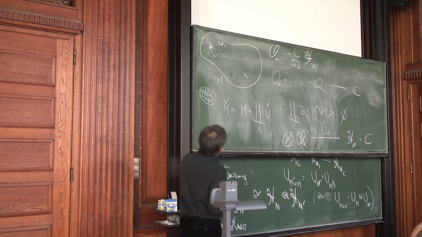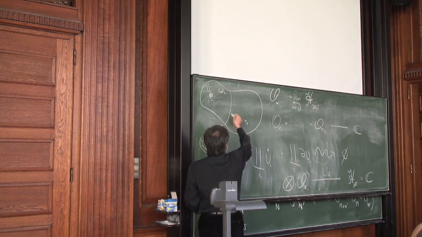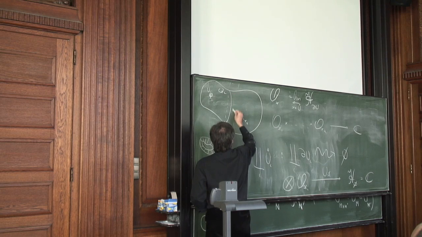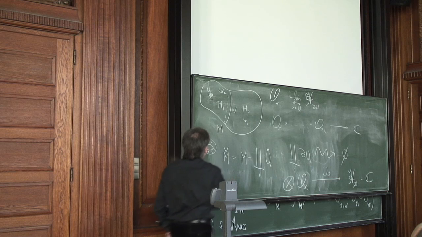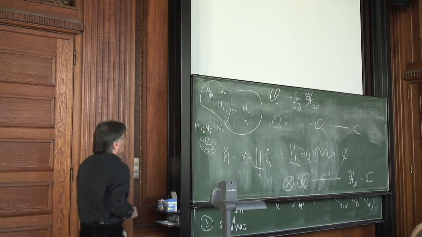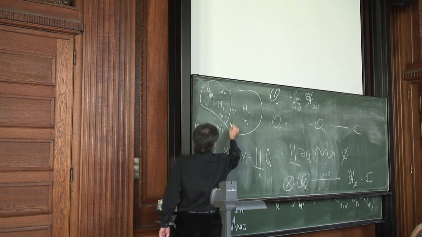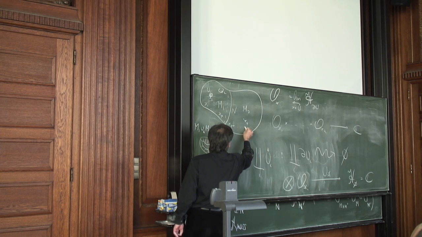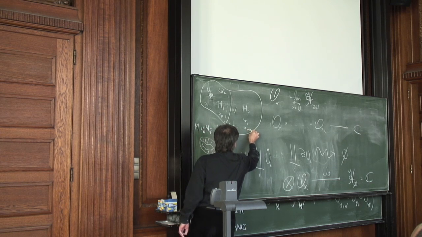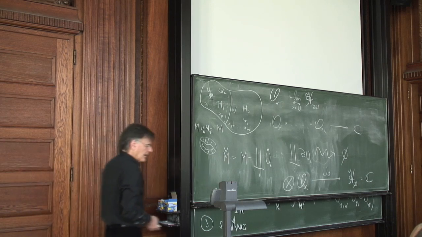If now we divide this manifold M into two by a membrane N, so that M is now split, and supposing x1 to xt are in here, and xt plus 1 to xp plus k are in there, then you see